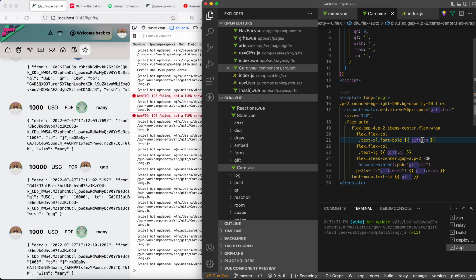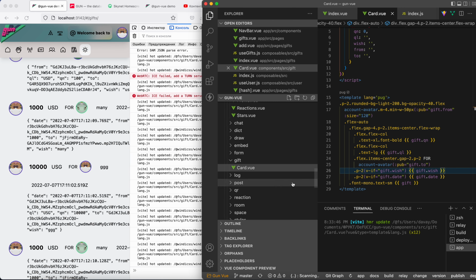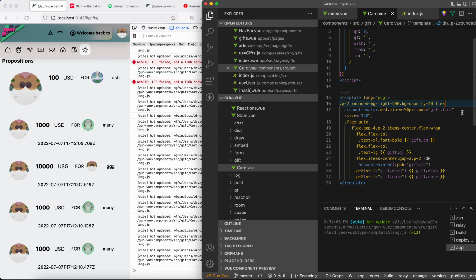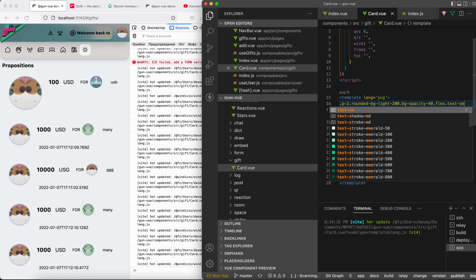Yeah, and it should be fine, and we will have the date. It should be everywhere, but we have some items missing the date. So from, and what, and for whom, and why, and when. This is the information we can get from the gift, so we can forget about showing every information. So like text, should it be no, it won't be